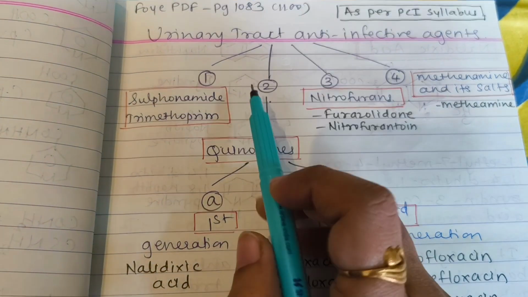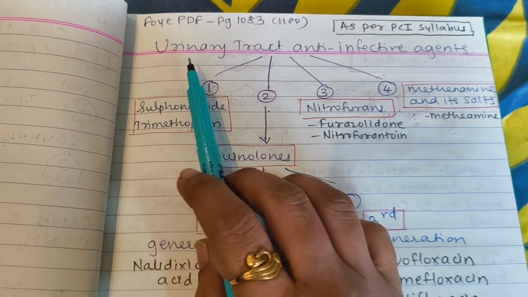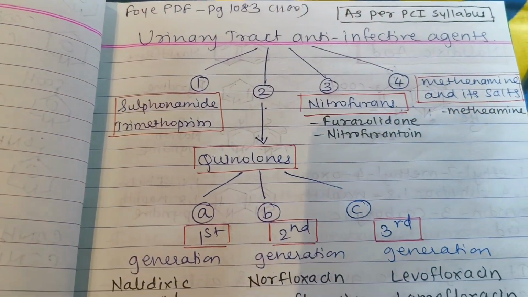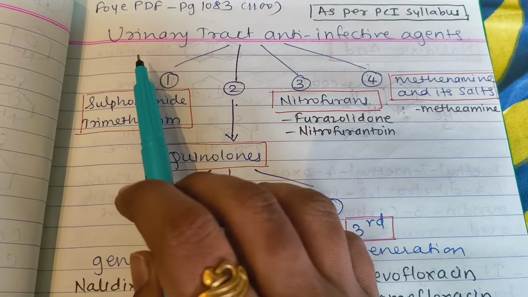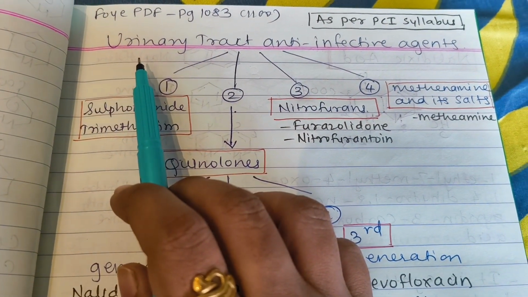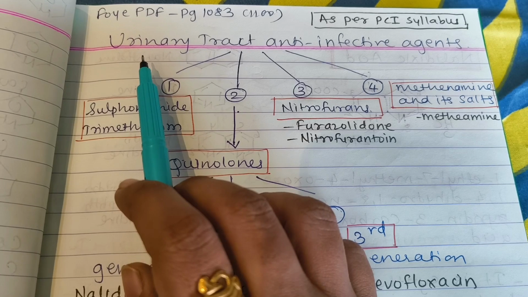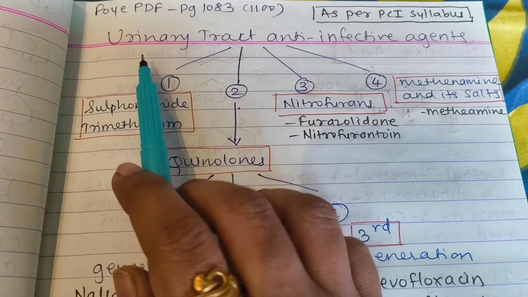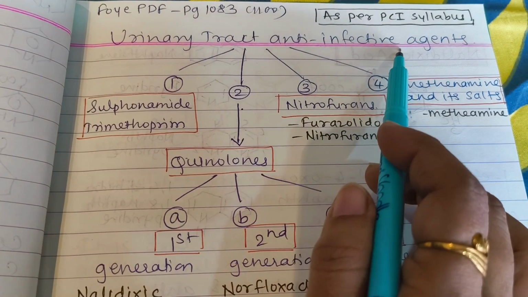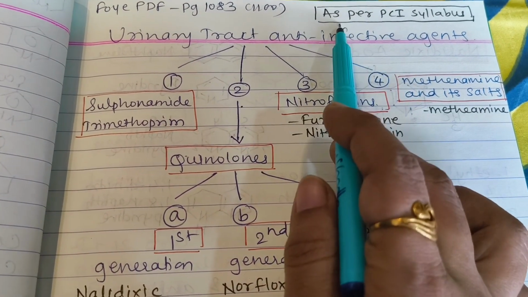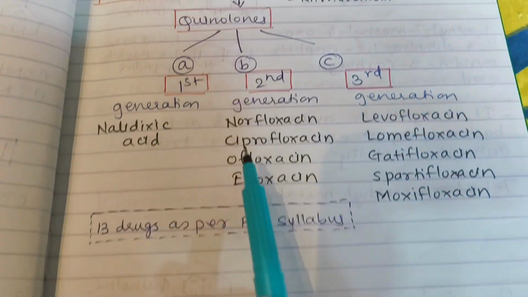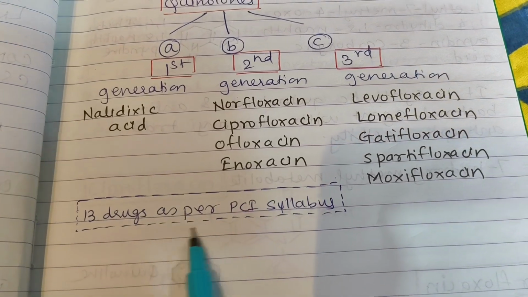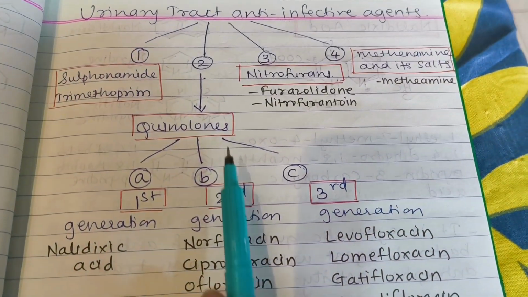Hello students, today we will start with the next chapter from Medicinal Chemistry 3, Semester 6, third year B Pharm: Urinary tract anti-infective agents. As per the PCI syllabus, only 13 drugs have been selected, and those 13 drugs